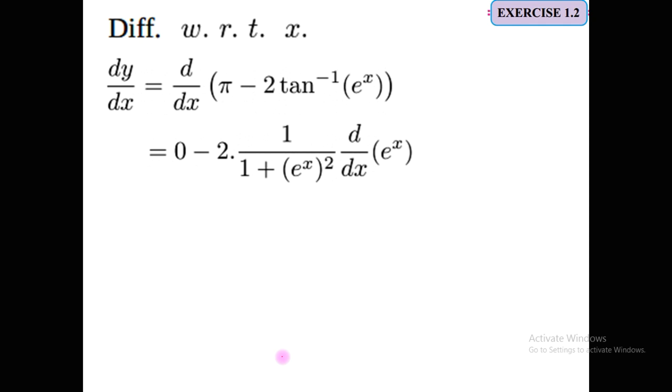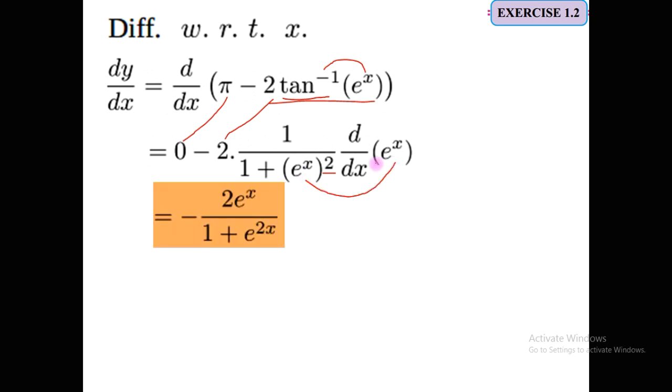So all I get is the derivative of the first term is 0, and for the derivative of this term, the 2 being a coefficient, I am keeping it as it is. As it is a tan inverse, now it's a composite kind of function. So I need to think about finding the derivative of first this function, which is equal to 1 upon 1 plus whatever the term is inside the bracket and square of that term, and further I have to multiply this by the derivative of e raised to x.